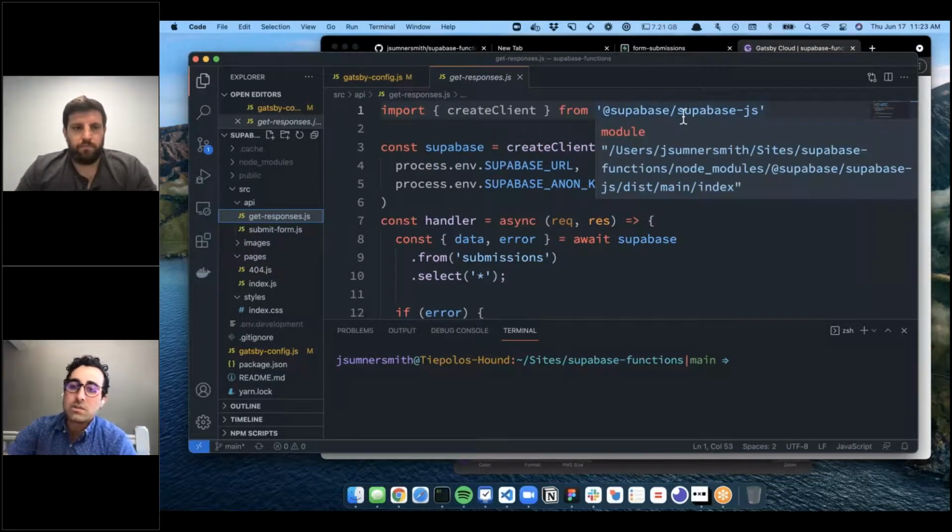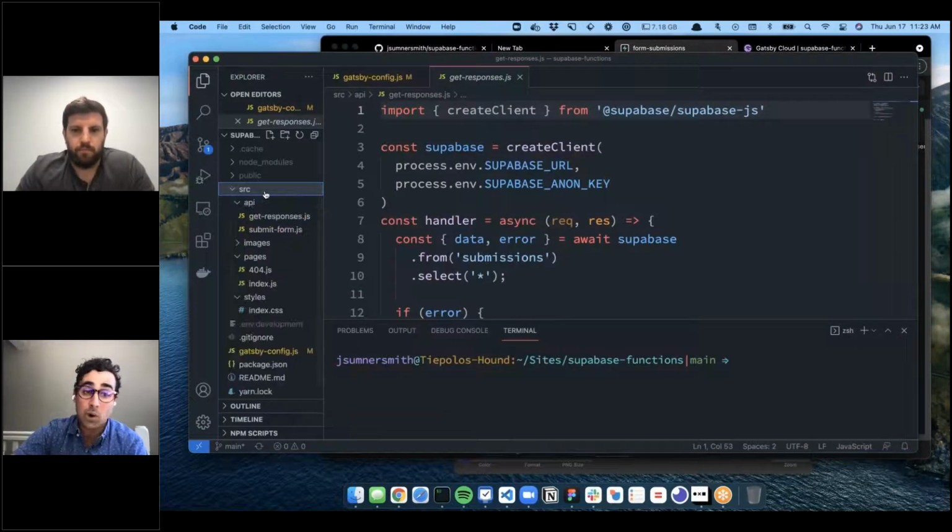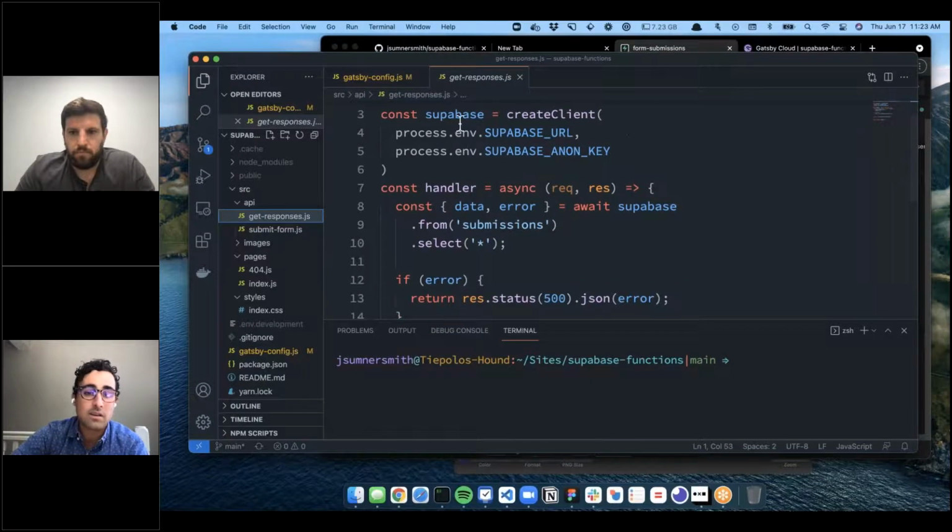Supabase is a great tool. I'll show a little bit of an overview here. It's a Firebase alternative. It uses Postgres in the back end, and it's open source, so you can take it with you if you want, but it provides nice APIs and a nice SDK for both updating data and pulling data. In our get responses, I'm using their JavaScript client and adding in my environment variables.